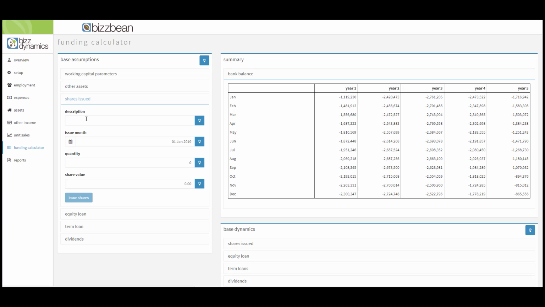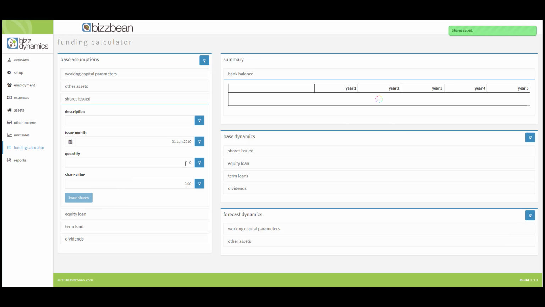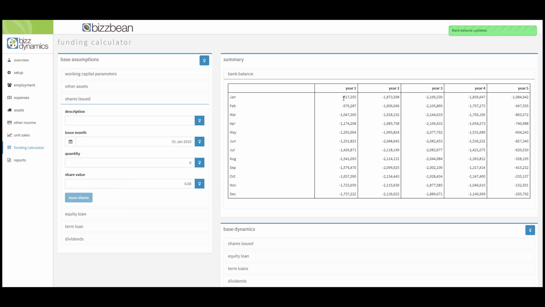So perhaps we can go to the shareholders and we can ask them for money, the initial offering, and let's assume that we issue 1 million shares at 50 cents each. And once we issue those shares, we'll see that the bank balance gets somewhat better, but it's still not good